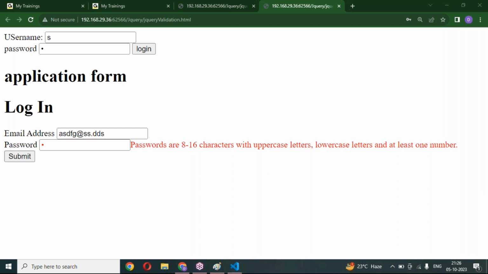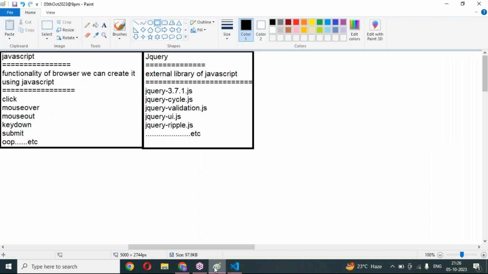Explain the difference of JavaScript. JavaScript external library is jQuery. Whatever you can do with JavaScript, you can also do with jQuery. But it is a ready-made structure. Some effects are already defined in jQuery, so you can directly use that jQuery implementation. So you need not write separately